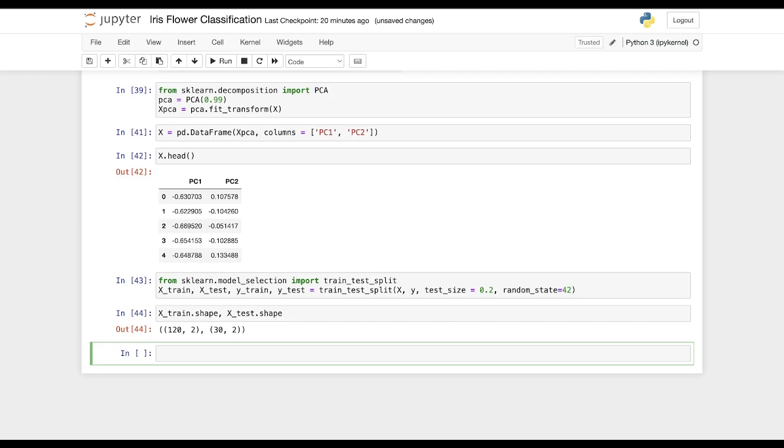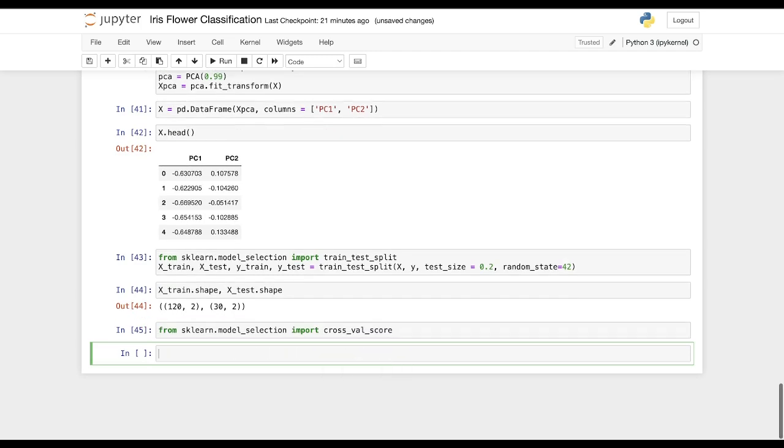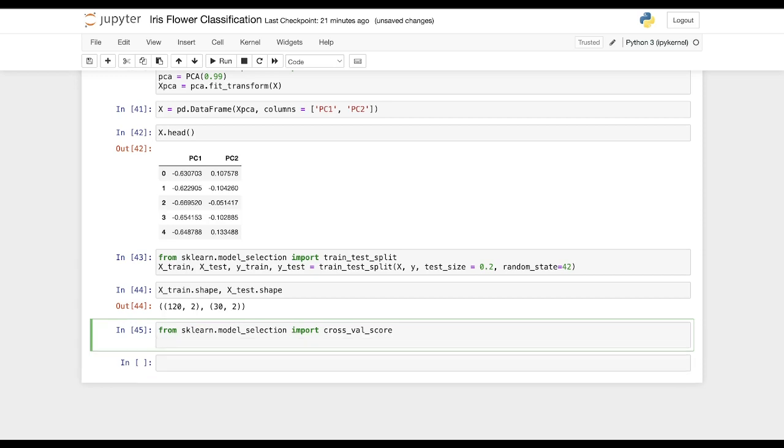So to do that, we will import cross validation score, and we'll say from sklearn dot model selection, you will import cross_val_score, and you will create a function here, and whatever algorithms you want to test, you can just import them randomly. So you can say from sklearn dot linear model,